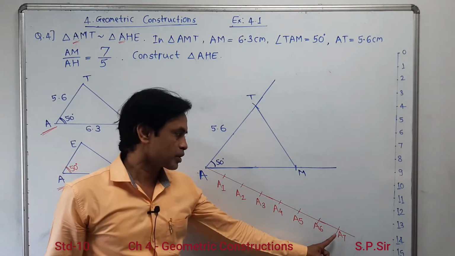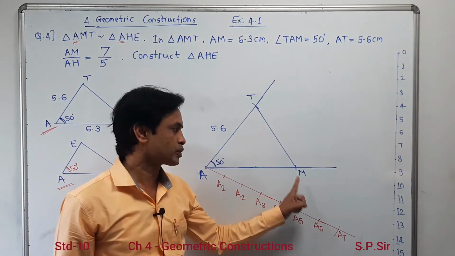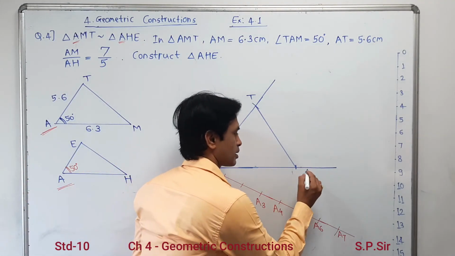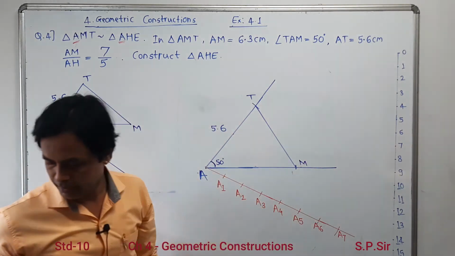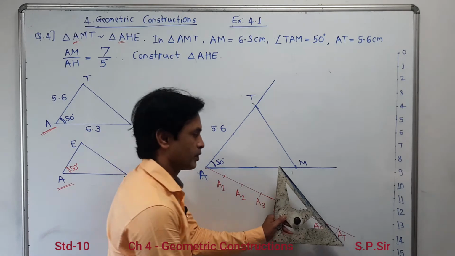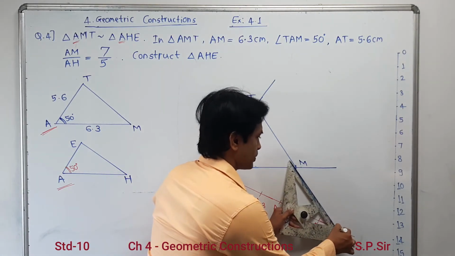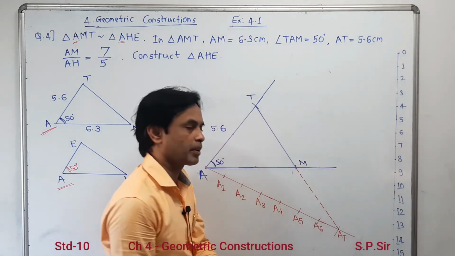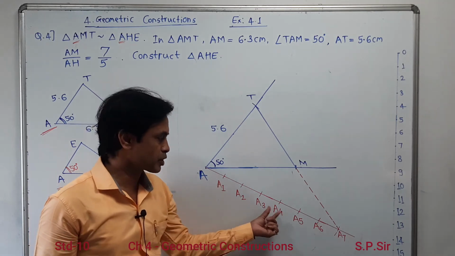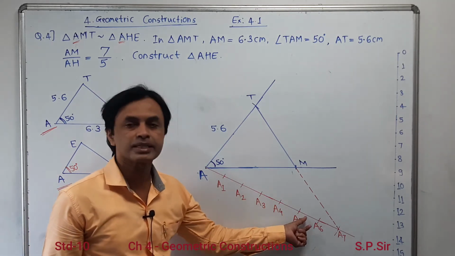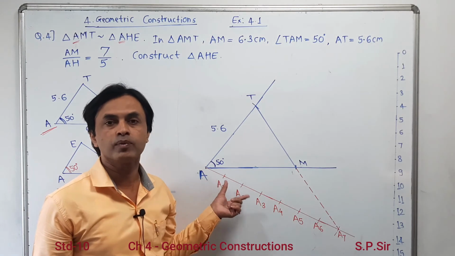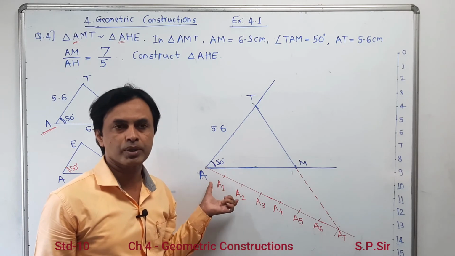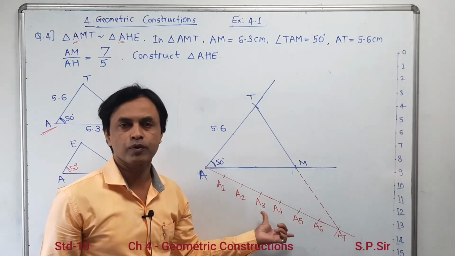Now remember, your 7th position is connected with M. So here, your 7th position is M. With the help of a dotted line, I am going to join A7 with this M. Remember, if you are taking a small distance, it may be possible that your A1, A2, A3, A4 and A7 may be over here. It depends upon whether you are taking 1, 1.5 or 2 centimeter. Depending upon that, the structure can move. So for some students the gap will be smaller, and for some students the gap will be larger.